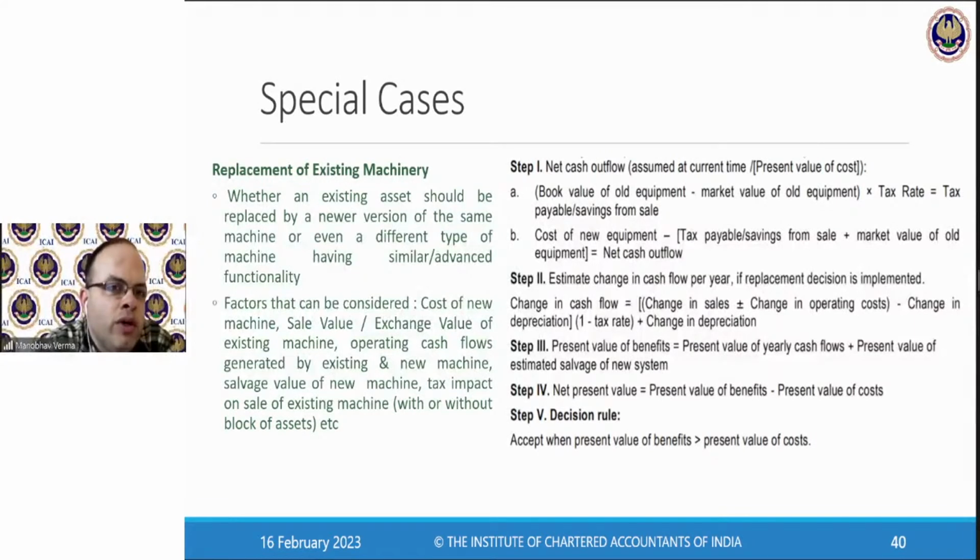We move on to another very important aspect, and I request you to be attentive as you always are. This is a very important section in terms of capital budgeting, where you may get an interesting question in the examination which requires a decision with respect to replacement of machinery, guys. Now, what is the decision in front of you? We have an existing machinery. One option is that operations can continue using that,